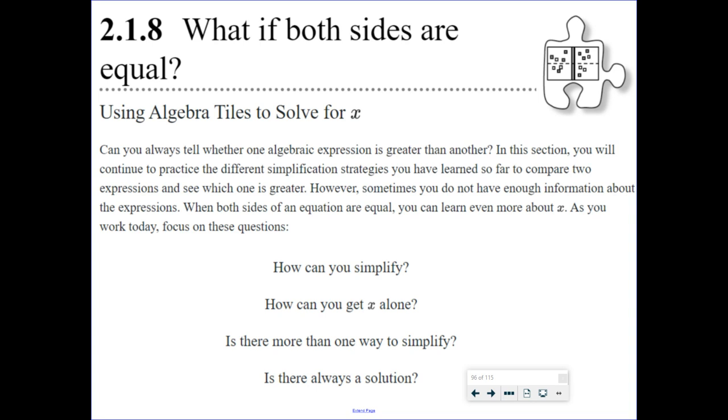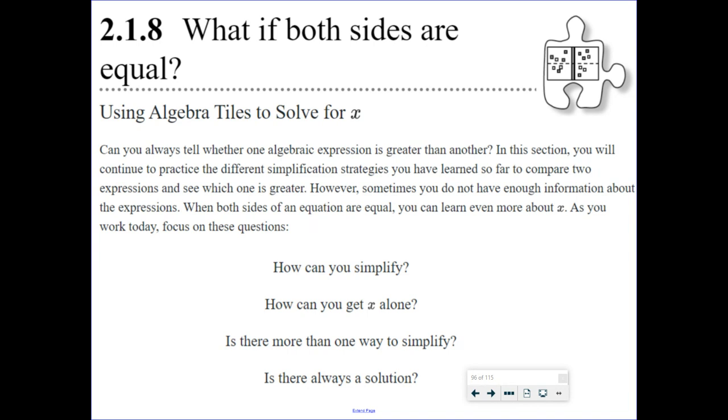Let's do this next video, lesson 218. What if both sides are equal? Using algebra tiles to solve for x. Now, again, this is one of the final lessons of this chapter, and so we're really putting things together. This is not the easiest thing to do, so please make sure you pay close attention as we work through